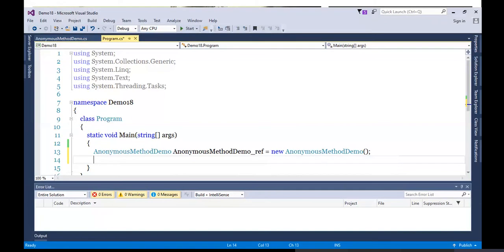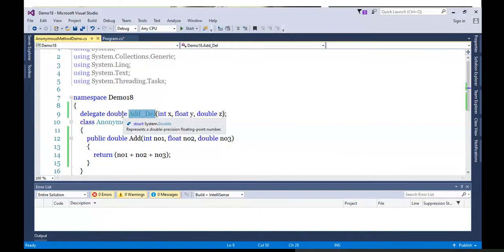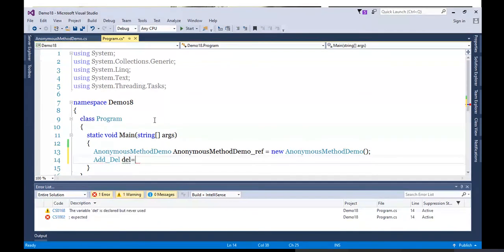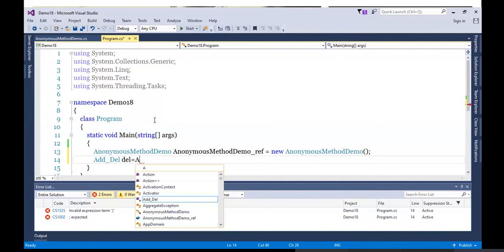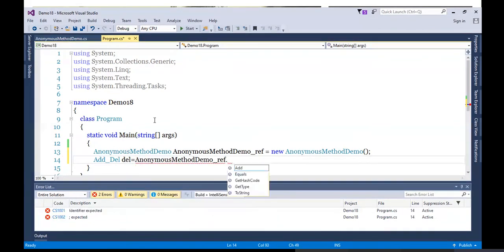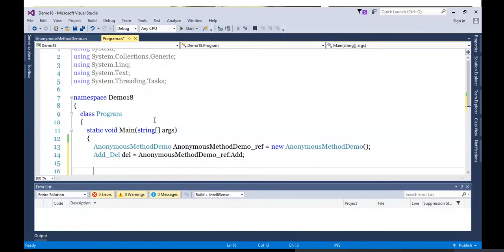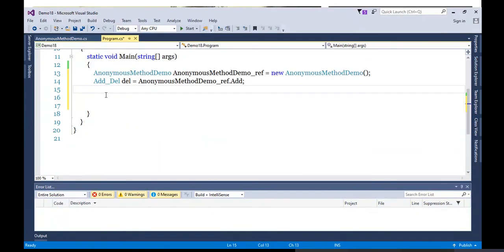Now let's create the delegate reference. AddDelegate is my delegate name. Let's say del equals the class reference dot Add. That's it, and now using this del, I'm able to call the method.